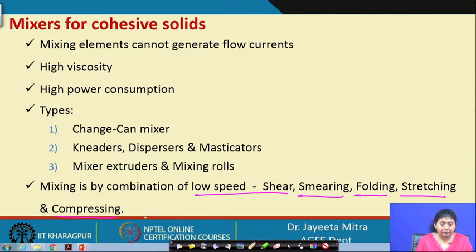You might have seen the dough making process, or you have seen the Farinograph analysis. There we use this kind of shear mechanism to knead the dough properly. There is a kneader blade, and a very particular shape of the kneader blade is used so that it can give a proper shearing action to the material and eventually make it of uniform composition even if the moisture content is very high.